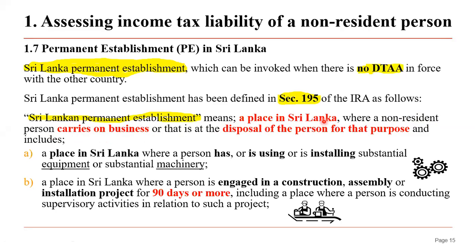The important part is a place in Sri Lanka. You need to keep in mind, a place, where he is established. So the Sri Lankan permanent establishment is a place in Sri Lanka where a non-resident person carries on business,